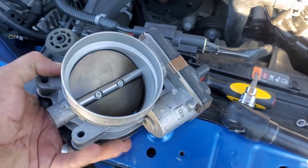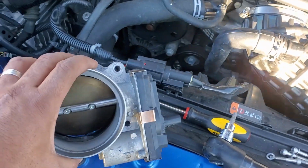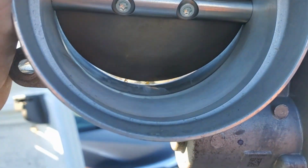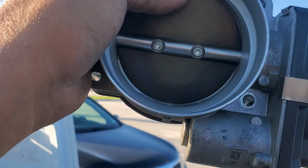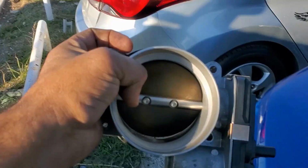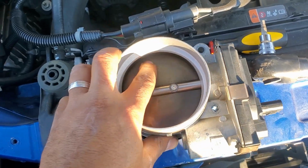Well, it didn't take a lot of effort to take it out. The screws were loose, and I think that's our leak. But look at this. You guys see this? See that opening? That's what I don't like about it, and I believe that's why we have a higher RPM. And I can always try to use the scan tool to recalibrate this, but I think we might have a malfunction in the